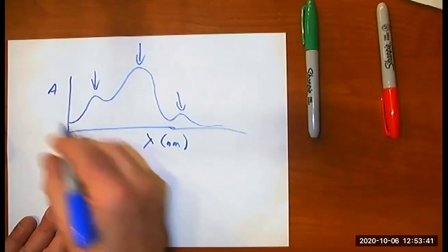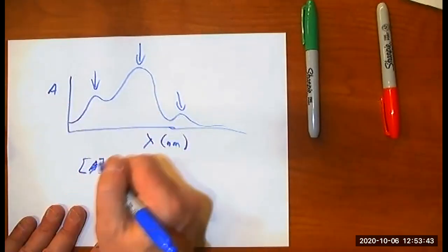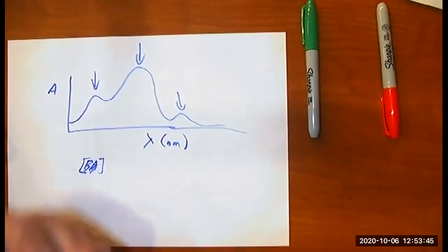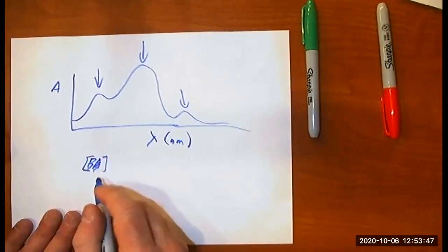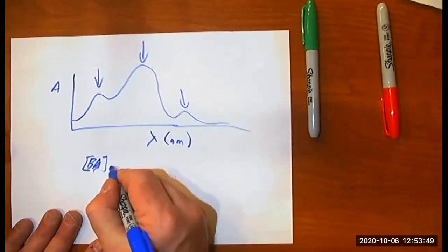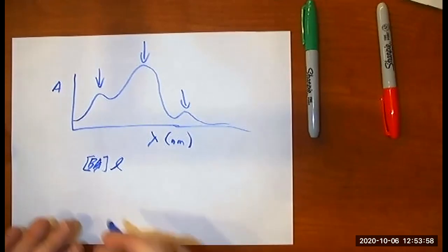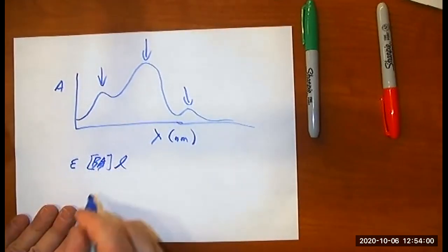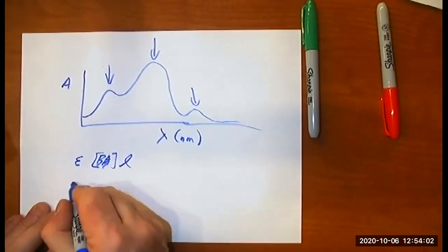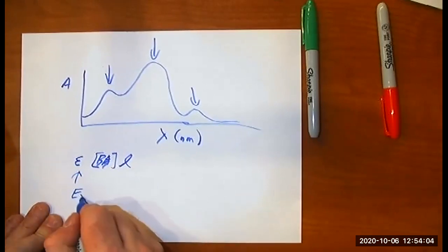I shouldn't use A because I'm using A for absorbance there. We'll call this B. If we take the concentration times the path length, meaning the distance the light is traveling through the sample, and we multiply it by something called epsilon, which is called the extinction coefficient,